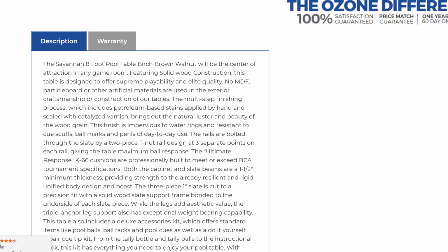So this is straight from Ozone's website. The Savannah 8-foot pool table, birch brown walnut, will be the center of attraction in any game room. Featuring solid wood construction, this table is designed to offer supreme playability and elite quality. No MDF, particle board, or other artificial materials are used in the exterior craftsmanship or construction of our tables. The multi-step finishing process, which includes petroleum-based stains applied by hand and sealed with catalyzed varnish, brings out the natural luster and beauty of the wood grain. This finish is impervious to water rings and resistant to cue scuffs, ball marks, and perils